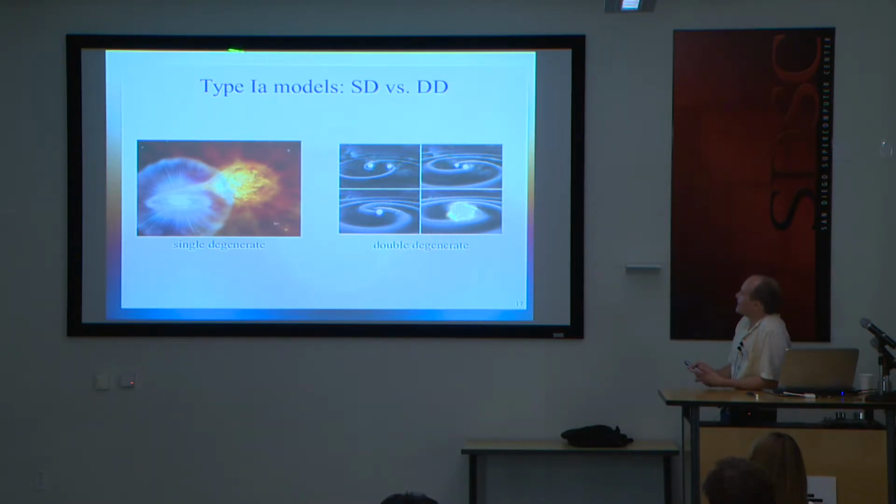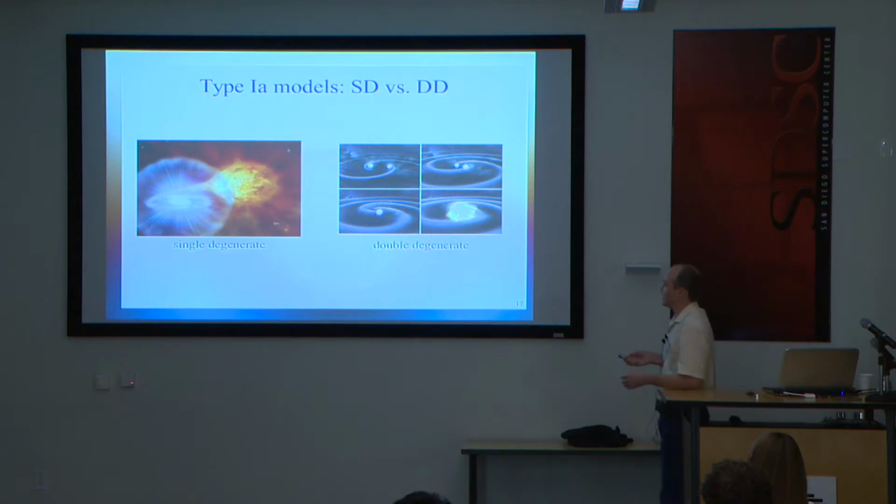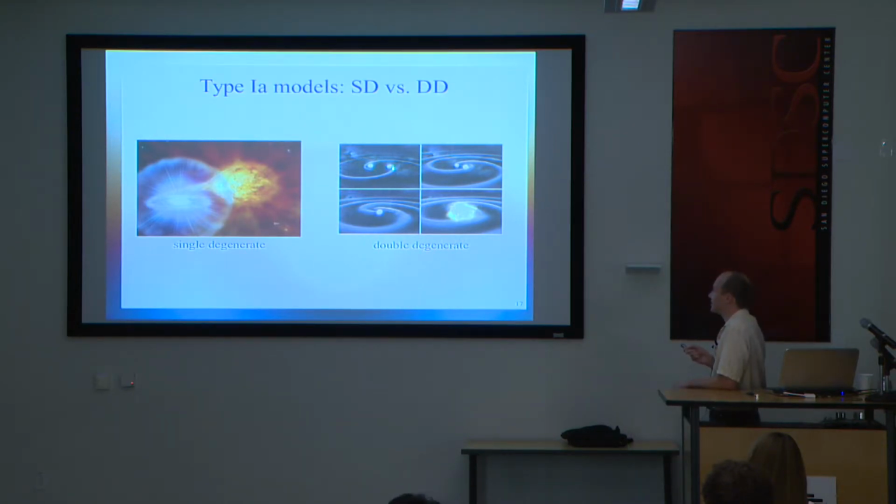But the type 1a supernova come from either single degenerate stars or double degenerate stars. So a single degenerate would be, for example, a white dwarf accreting mass from a red giant until it sort of exceeds the Chandrasekhar mass and then blows up. A double degenerate is two sub-Chandrasekhar mass white dwarfs orbiting each other until they radiate gravitational waves enough to explode